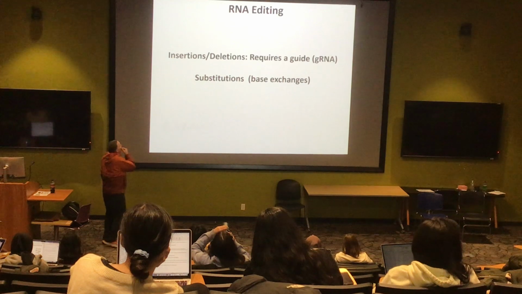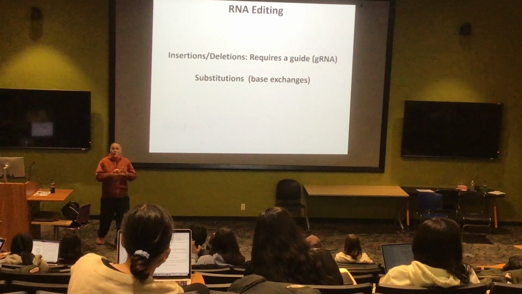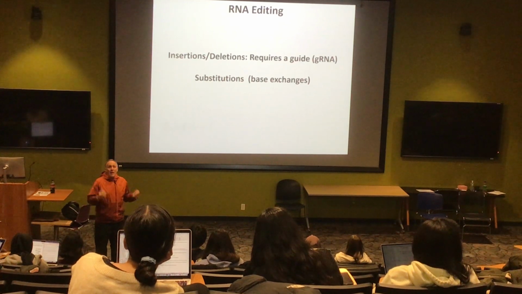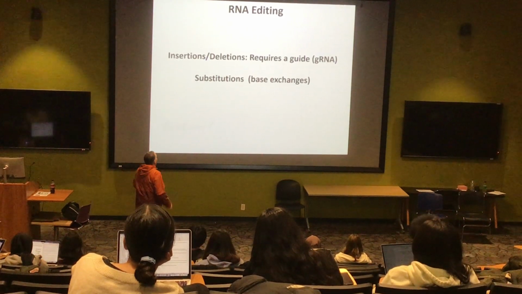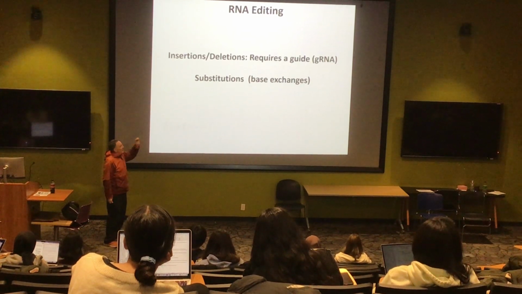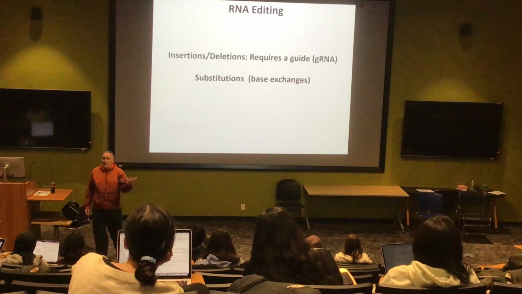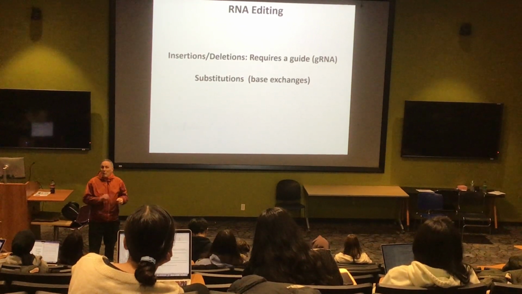Anyway, here we go. RNA editing is the process of making specific chemical changes to the mRNA that result in it having a different sequence than the one that was originally coded for by the DNA. So these are enzymatic processes, and they essentially come in two different flavors. One of these requires a type of RNA to be present called a guide RNA, and that guide RNA is going to serve to take an enzyme called an editosome, position it in the right position in the mRNA, and